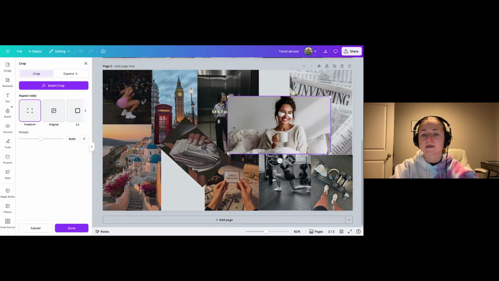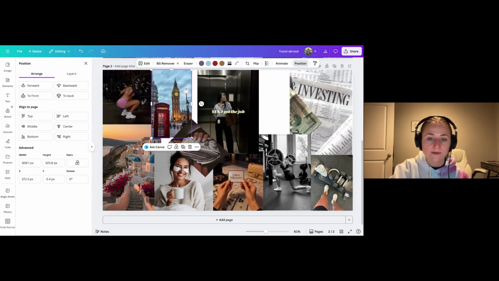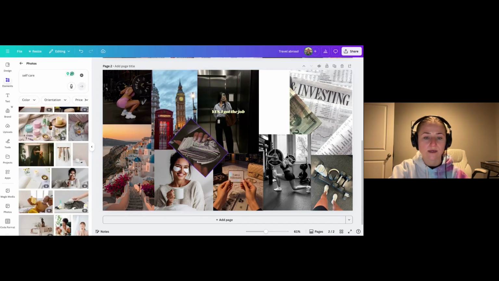Okay, I'm going to double click. I'm going to crop it so it doesn't take up as much space. I'm going to bring this London one down to fill in the blank space. I don't like having any white. So this white space I want to fill in. So I'm just making this London picture bigger to avoid having the white space.